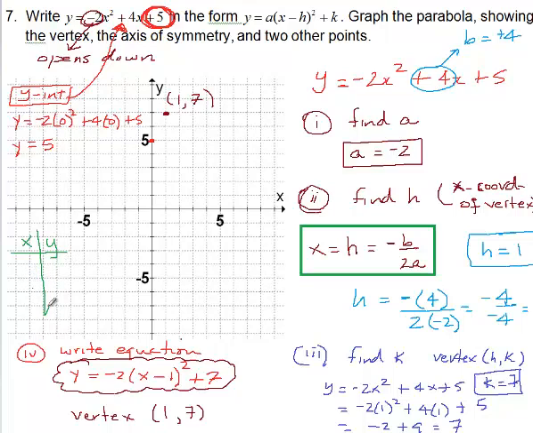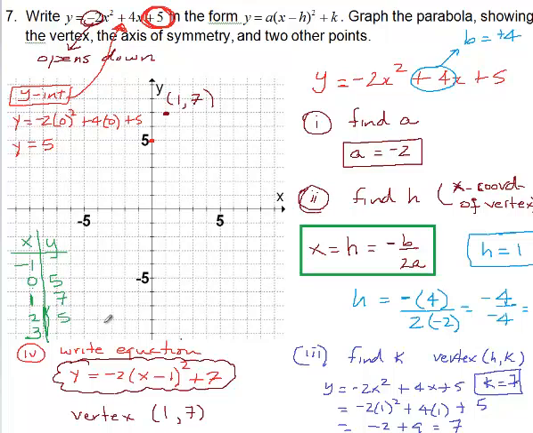So we'll put our vertex in the middle. Some people do this. They put their vertex right here in the middle, 1, 7, and they'll pick points on either side. Going left would be 0 and negative 1. Going right would be 2 and 3. And they'll actually work out several points. Now we know 0 is 5, therefore since it's symmetric, 2 will also